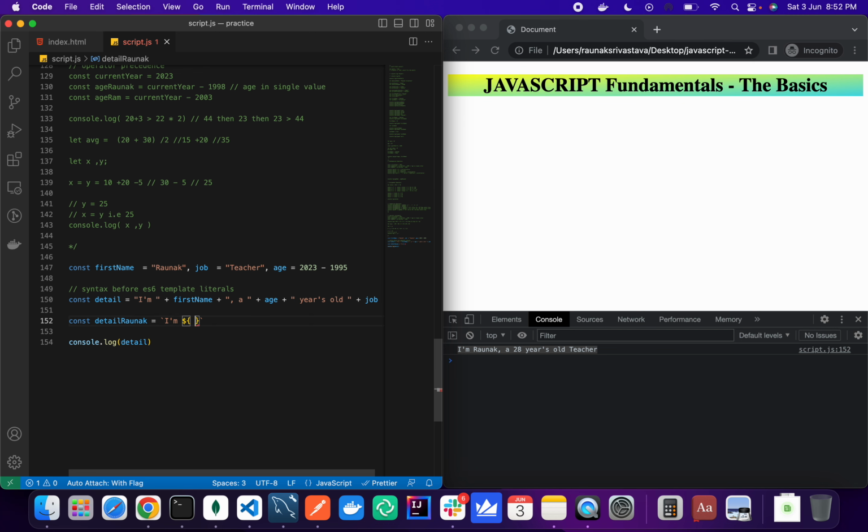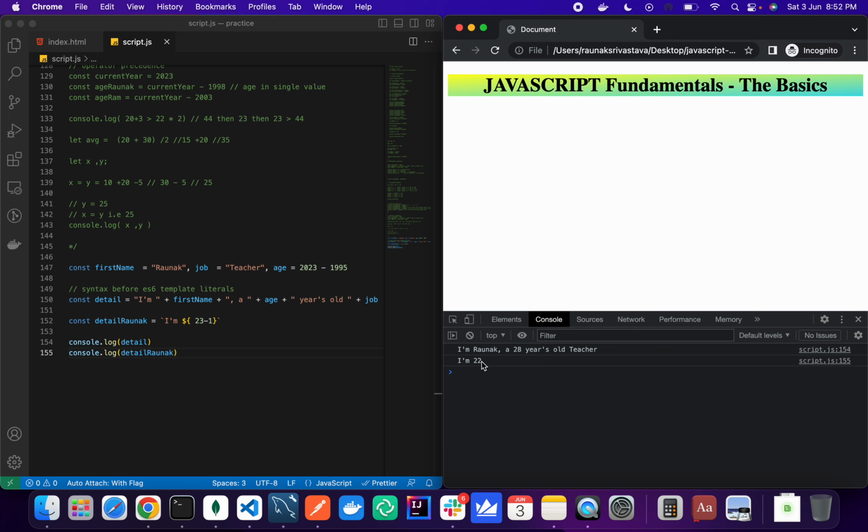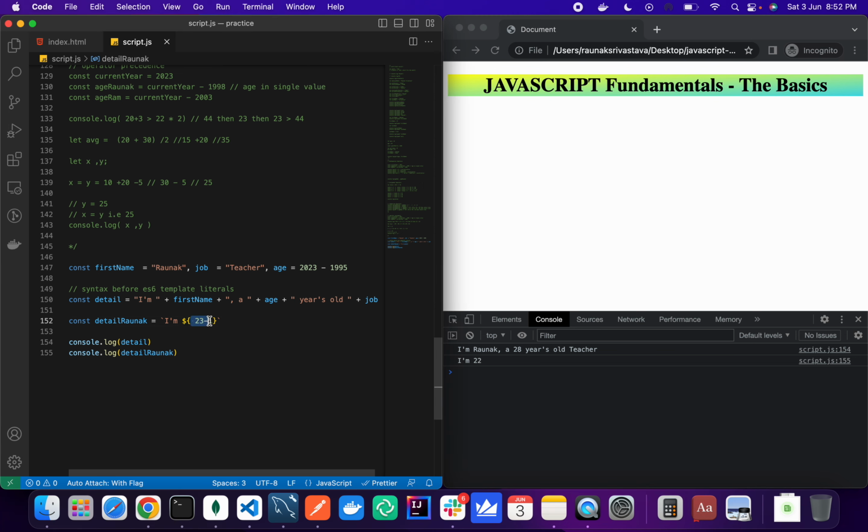Let me show you an example of that as well. For example, 23 minus 1. If I console log it, let's see what happens. I am 22. So we can literally write any JavaScript code in between these two curly braces. Now we'll use it to frame our sentence. First name, then space, or a